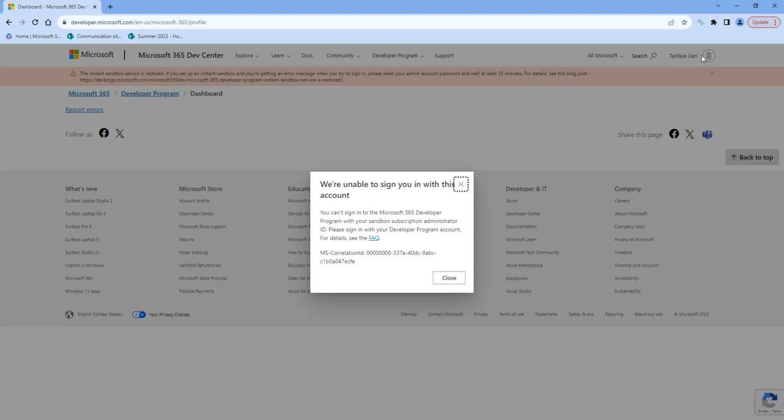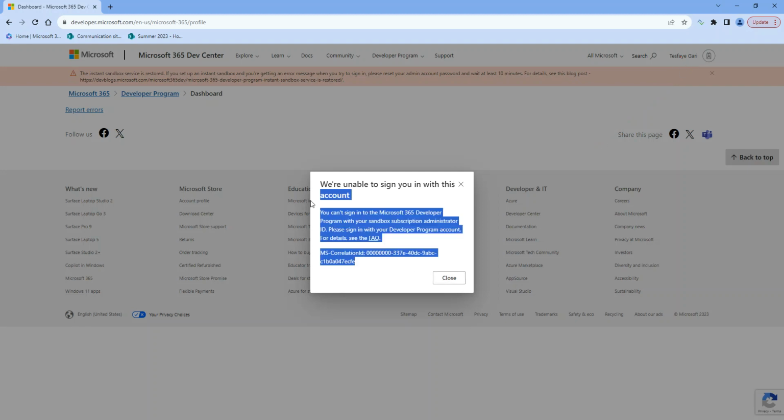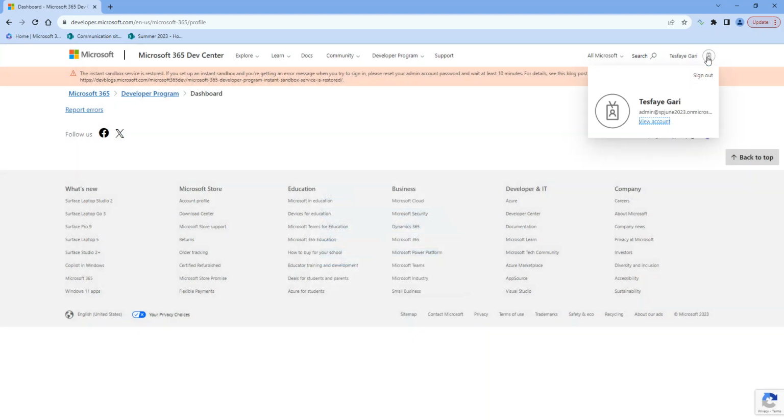If I go check that one, this is showing some error, something like the sandbox is restored. And if I check this one, I will see my full name, Tesfaye Gary, and the email I used for the June 2023 class session. I'm probably going to use that one, or I have another one that I usually use.